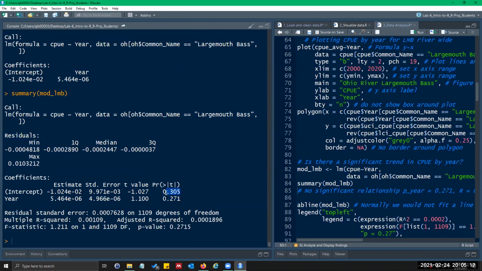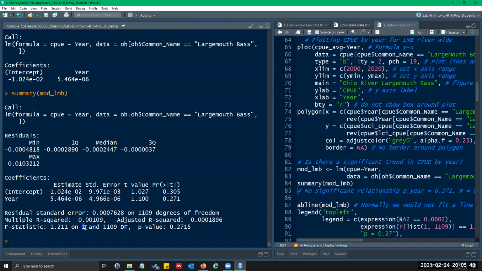In this case, the intercept is not significantly different from the average for the whole time period, and the slope is not significantly different from 0. The r squared I'd like is the adjusted r squared, and then it has the f statistics. This is your f value, 1.211.